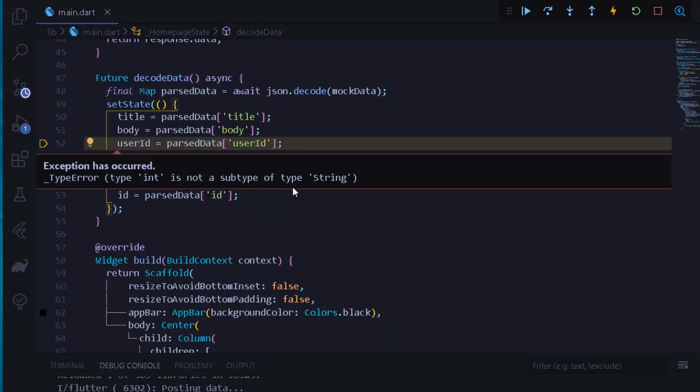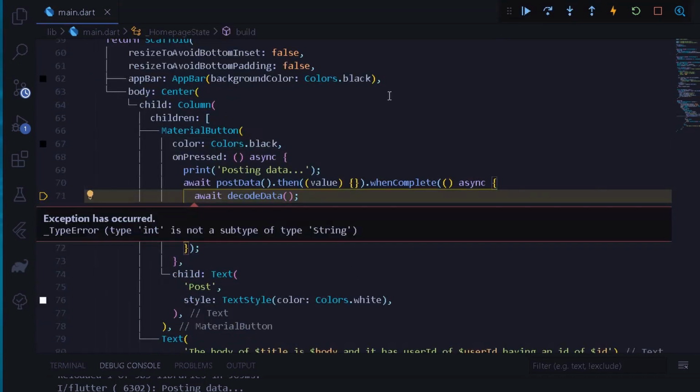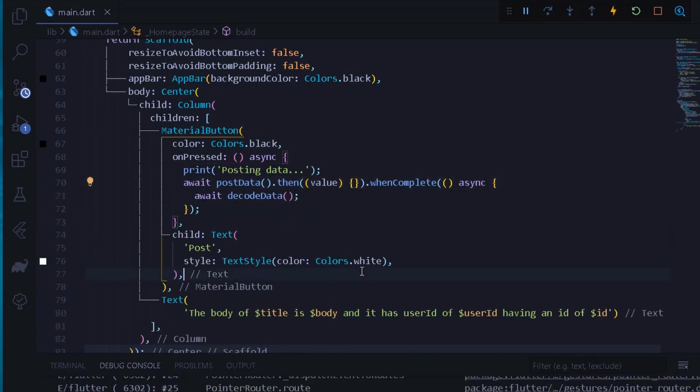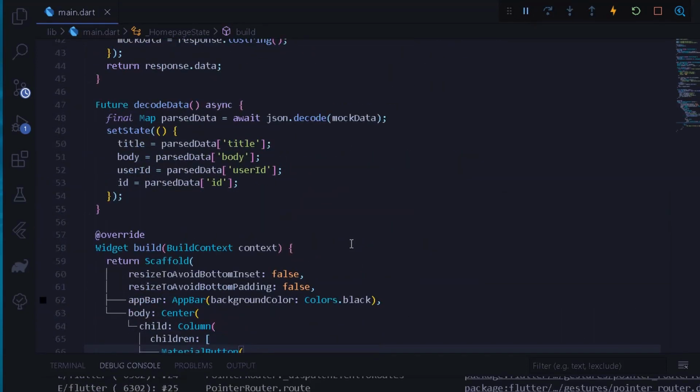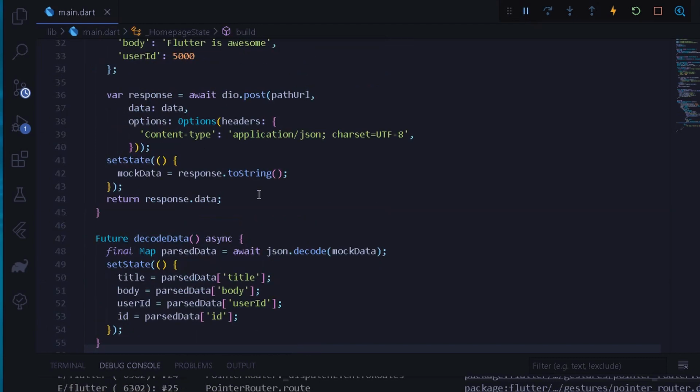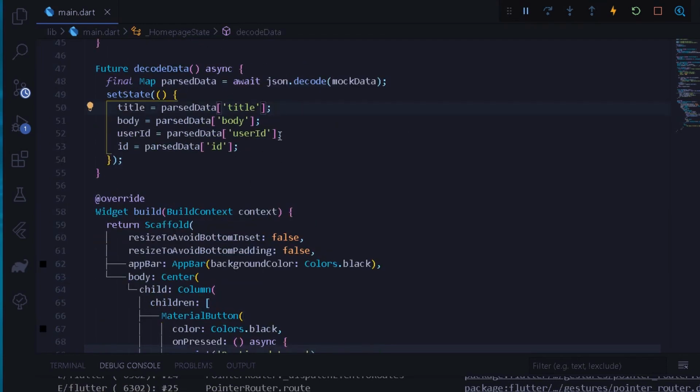We are getting an error here about the int type, because we have not fetched the string as an int but as a string. To fix that, we can simply apply the suggested fix for the warning. Cool. Here we can parse the following thing in the form of toString. Same for our ID, which is toString.